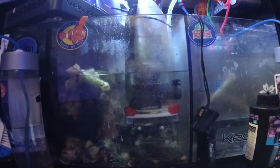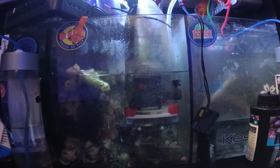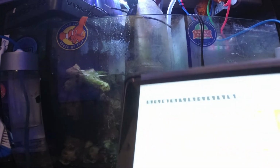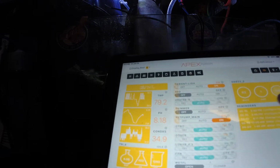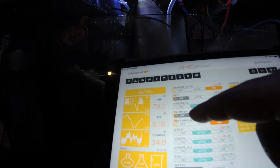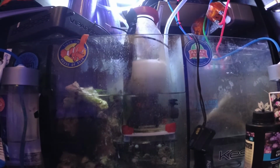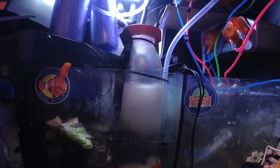Now, once again, I won't know until I start it up. On the Apex again, we're going to start the return pump, it's on right now. Okay, then we're going to start the skimmer. Skimmer starts up. And we're hoping that